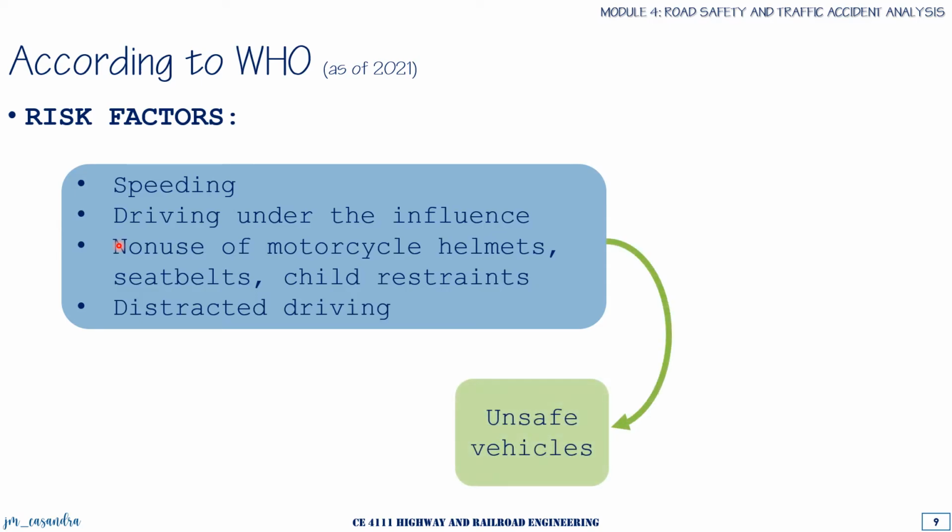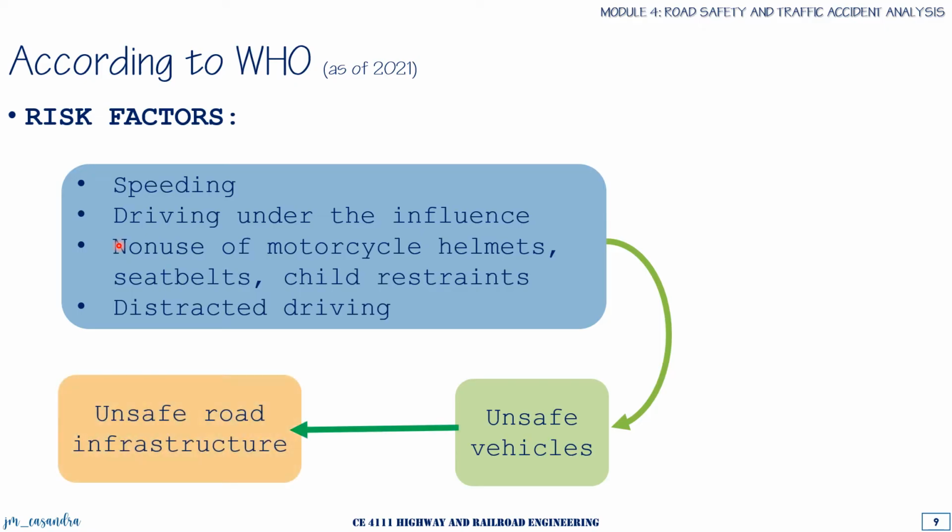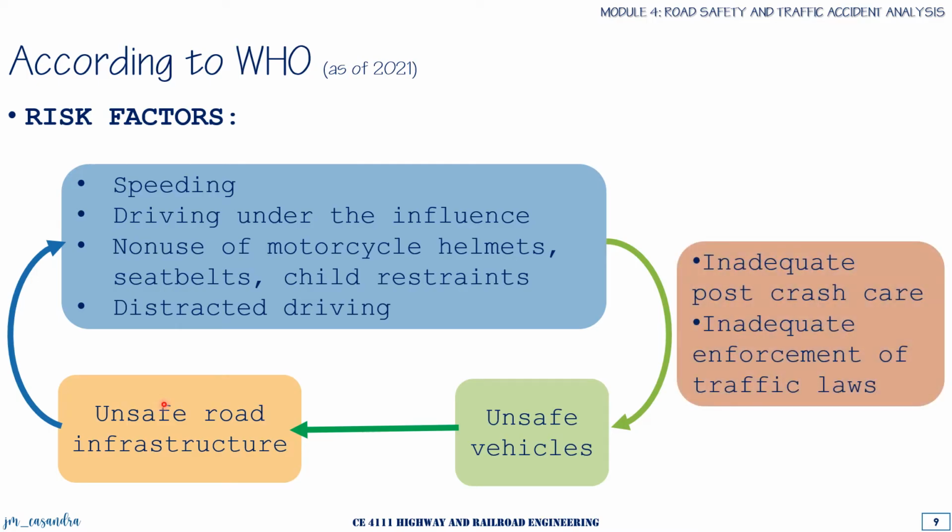Other factors would include unsafe vehicles and unsafe road infrastructures, which are all interrelated. So if you can see, these causes of road accidents also contribute to the three elements of a road, which are the human, the vehicle, and the environment. Aside from the factors related to the elements of a road, causes of traffic accidents and traffic deaths would also include inadequate post-crash care, meaning the emergency response of a country would be insufficient for